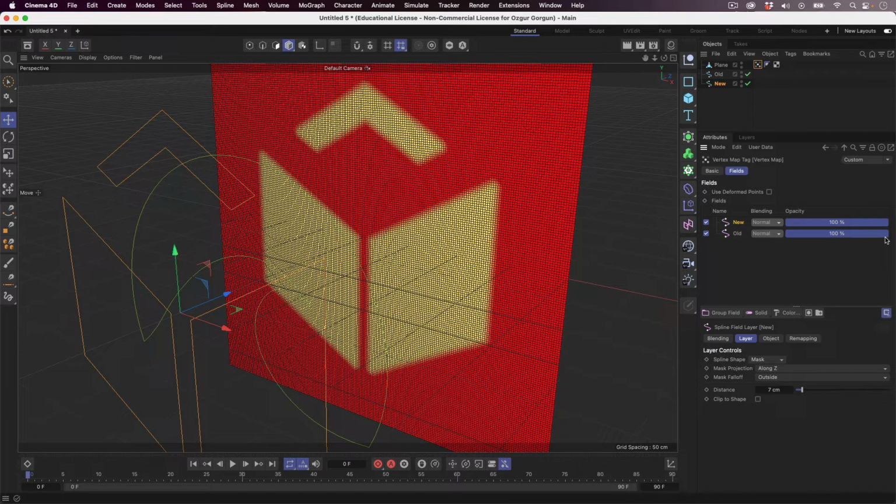But I want to create something a little more organic. And for that, I'm going to mask in the new spline. So to the spline, the new one, I can add a mask by clicking on this button. And masks in fields in Cinema 4D are very similar to masks anywhere else, say Photoshop or Illustrator or After Effects. They allow you to show or hide parts of the objects, in this case, parts of this new spline